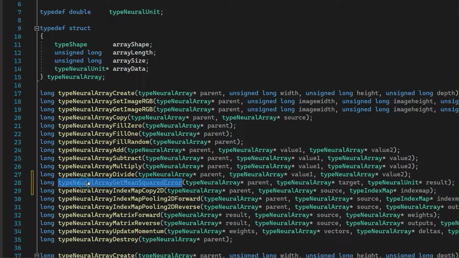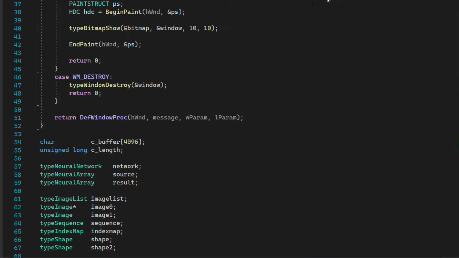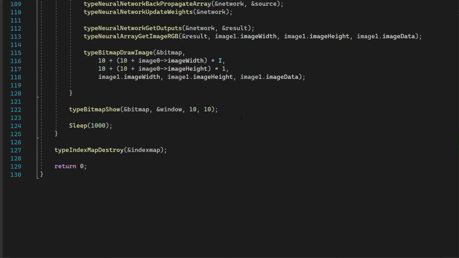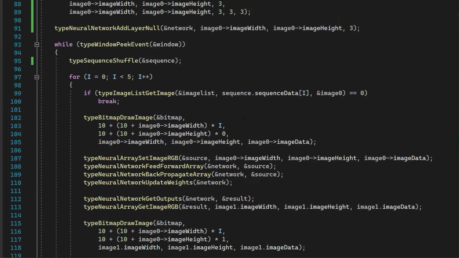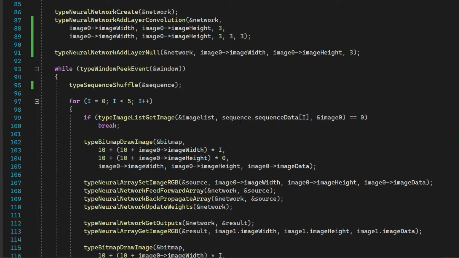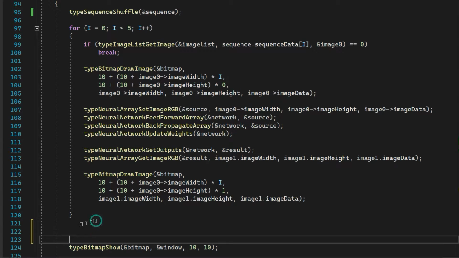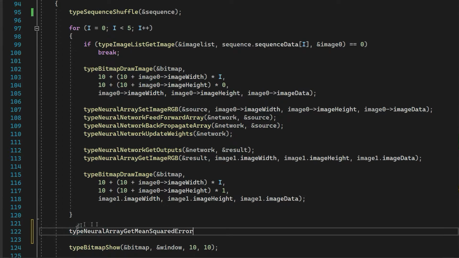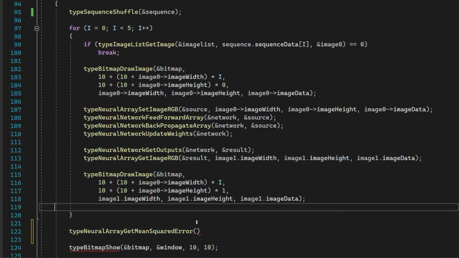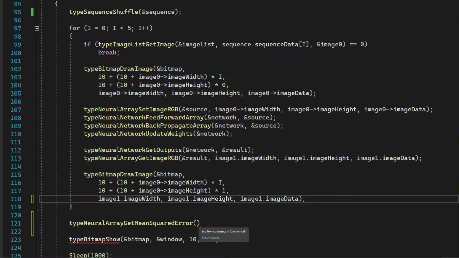Okay, now we need to write it down to display it, save it. Okay, we need to save it somewhere. Get output. Okay, where was it? Feed forward array, backward array, bound, get output result. Okay, we just need to do it right here. Whatever the last one is, we don't need to be perfectly accurate, just something that's close enough. Get mean squared error, result,